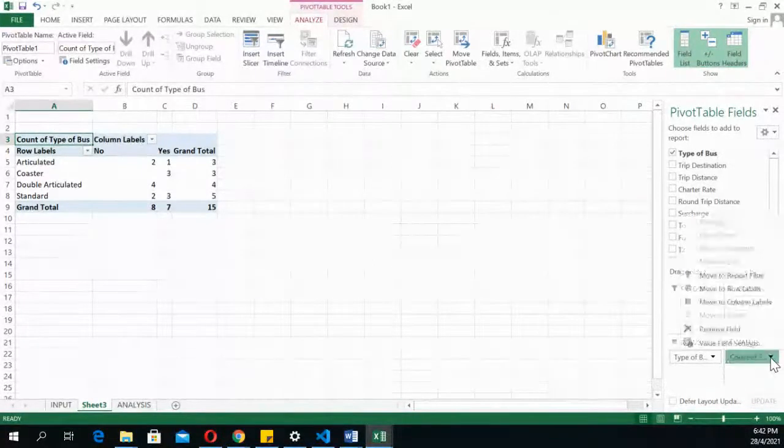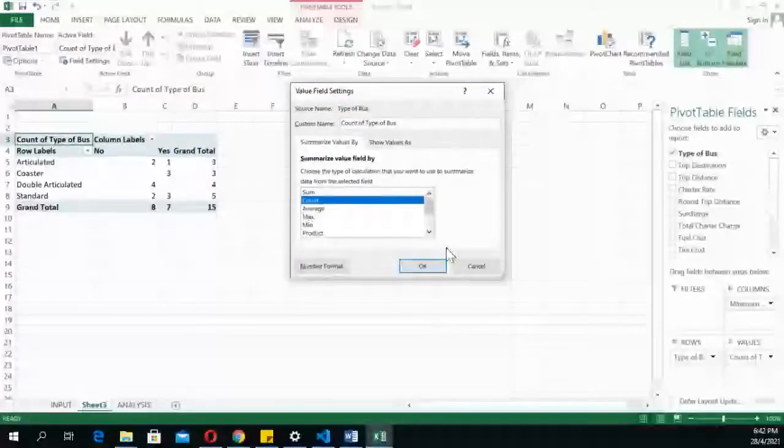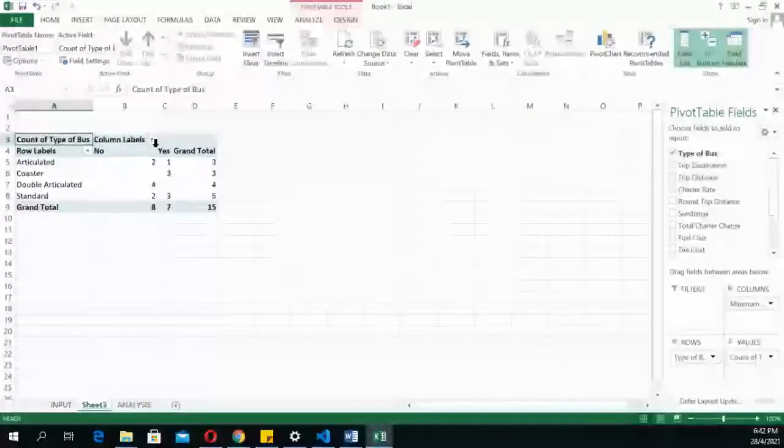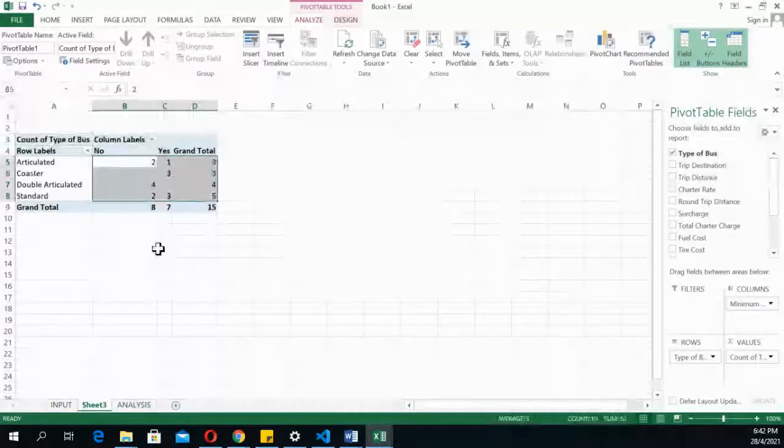So you just go to your settings and change it from sum to count. Or if they ask you for average, then you put average, whichever. And you'd format it. But this is just numbers, so it's already formatted, so I don't have to worry about it. All right, any issues for that